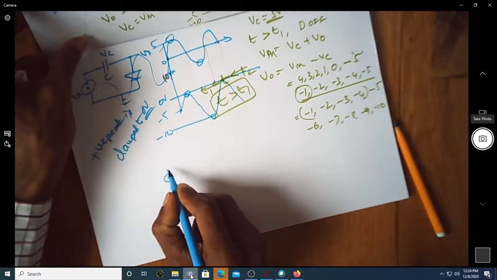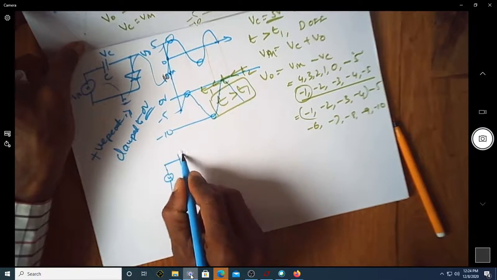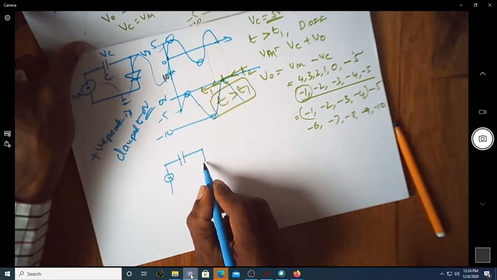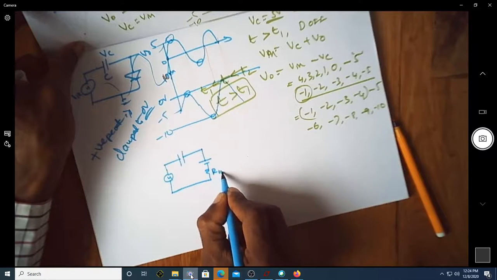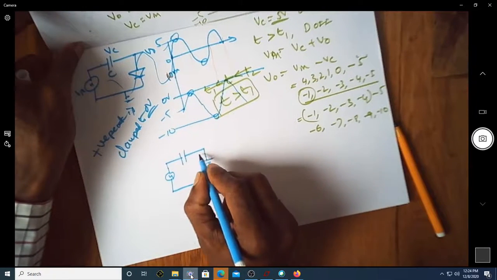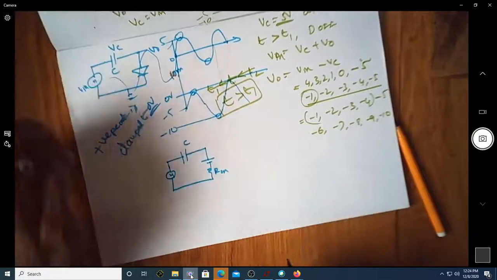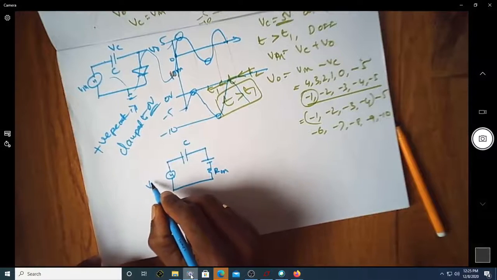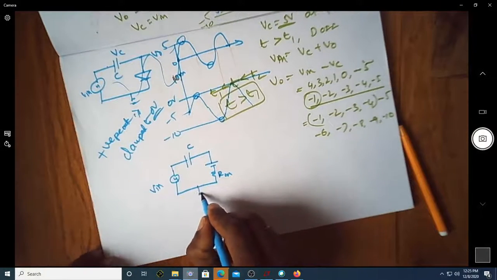The diode is on. What we have is my capacitor, and of course this diode. This is my R on, which is a few ohms of resistance, and then of course this is my capacitor. The capacitor voltage has now started picking up, and this is your V input voltage. So the input voltage keeps increasing.